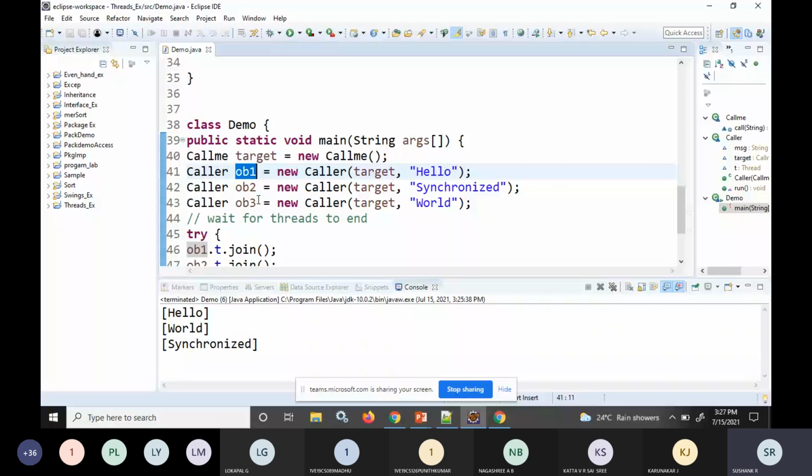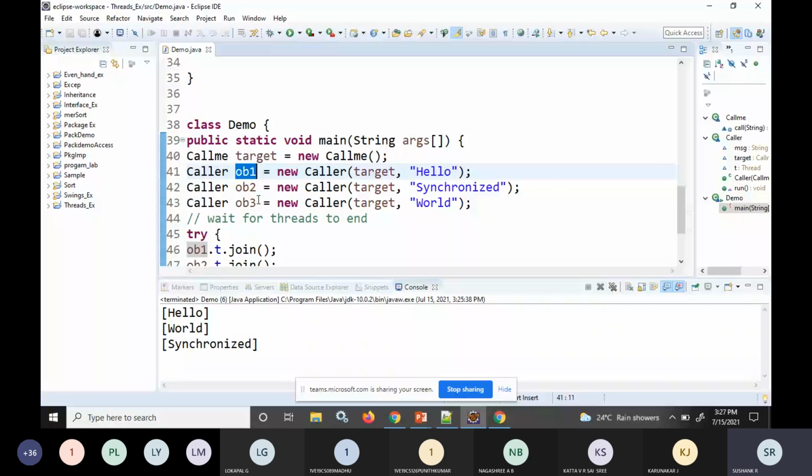So this is how the problem gets solved, by the usage of the wait and notify methods. By making use of the wait and notify methods, you are able to solve that error output which you were getting in the producer consumer problem. So this is with respect to inter-thread communication.